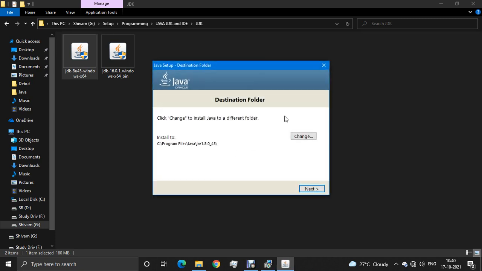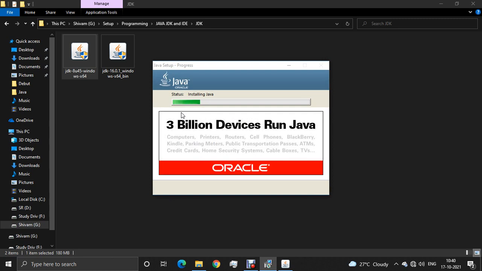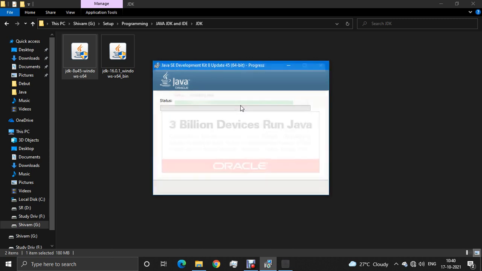By default it will go in drive C, in Program Files, in the Java folder. If you wish, you can change this, but I let it be default. Click next and give it 20 to 30 seconds to complete.